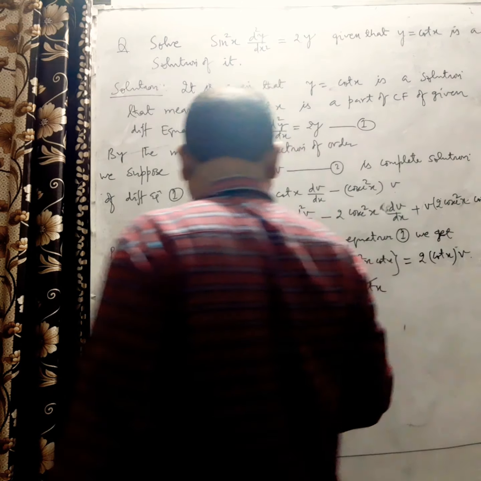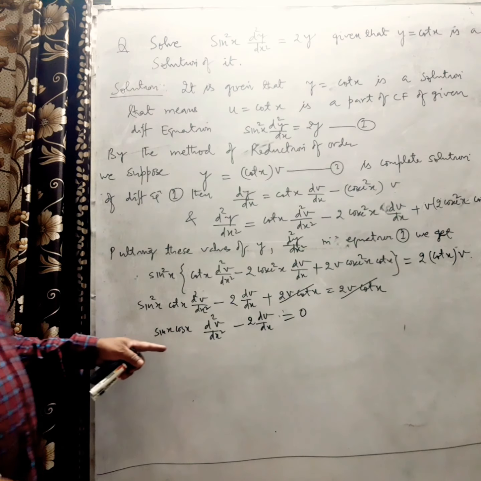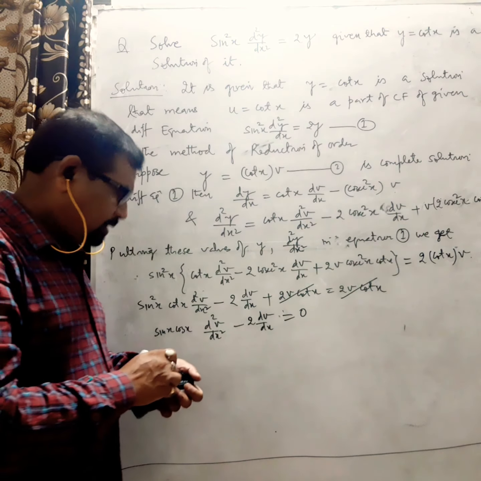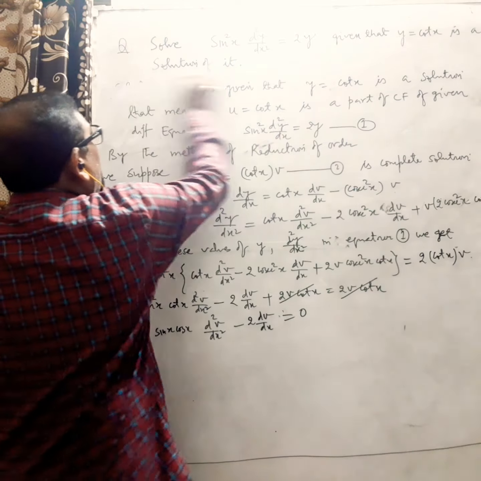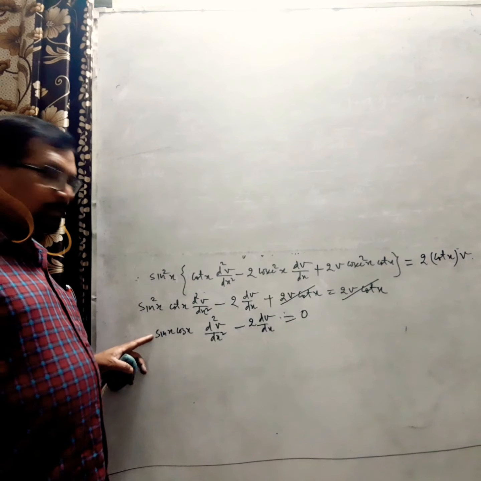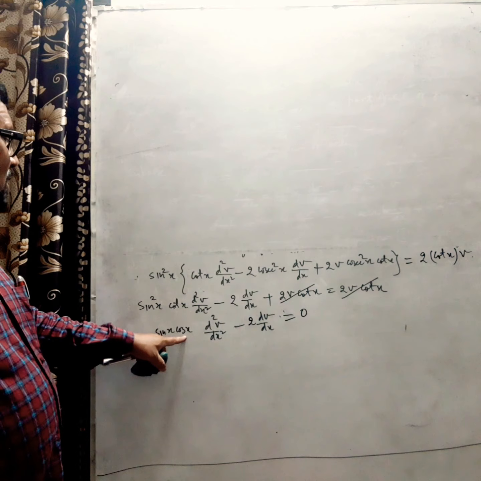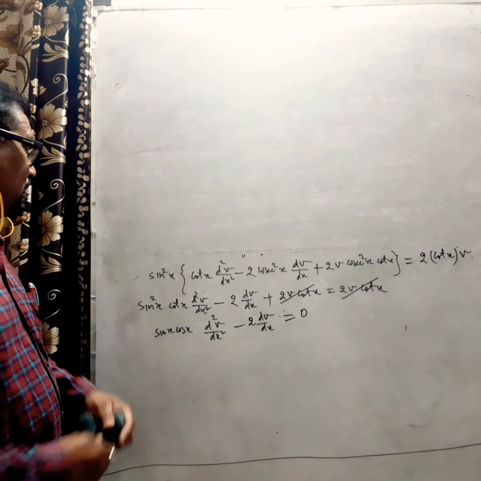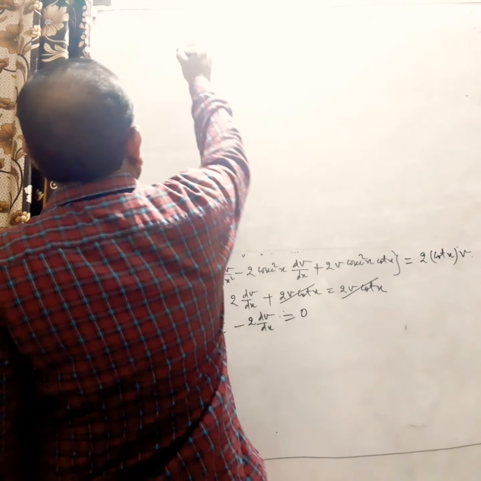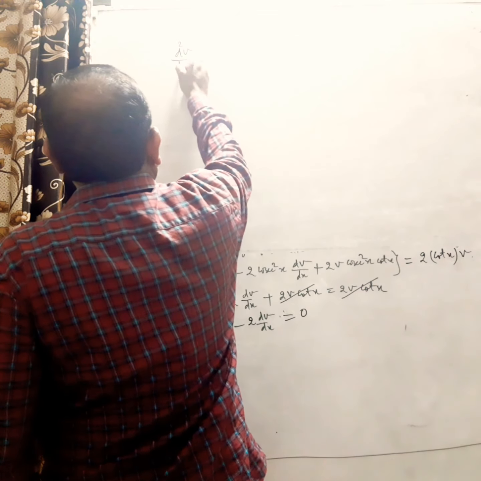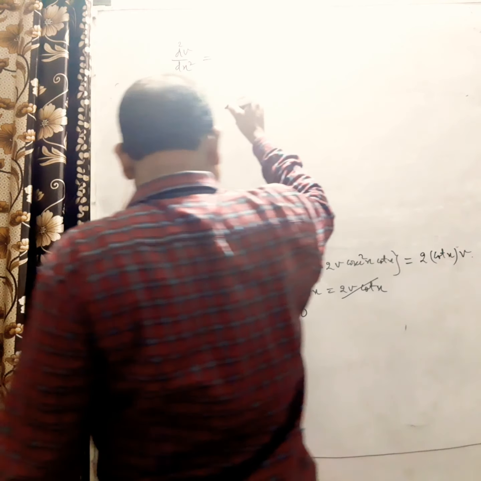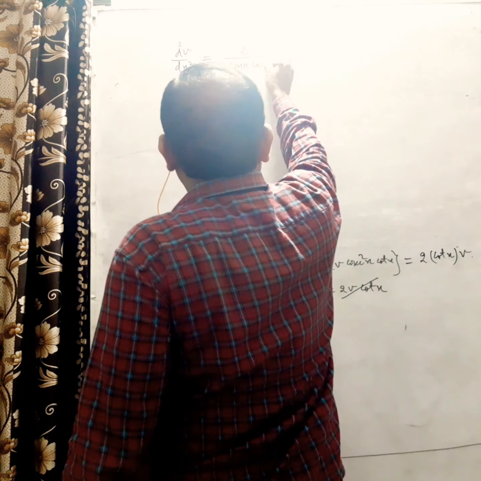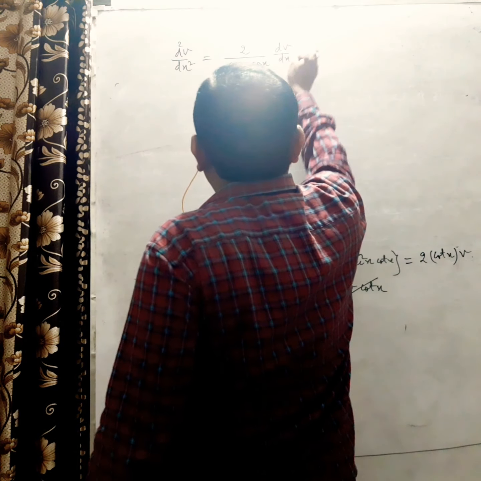Now it depends on solving this differential equation to find the value of v. So start with this differential equation: sin x cos x d2v upon dx square minus 2 dv upon dx equal to 0, and this can be written as d2v upon dx square is equal to 2 upon sin x cos x dv upon dx. Let us take